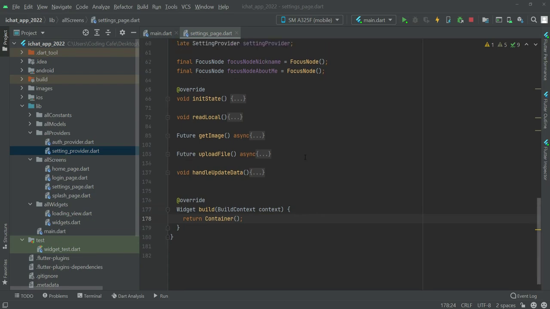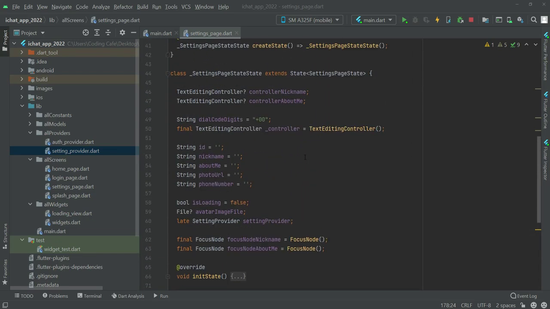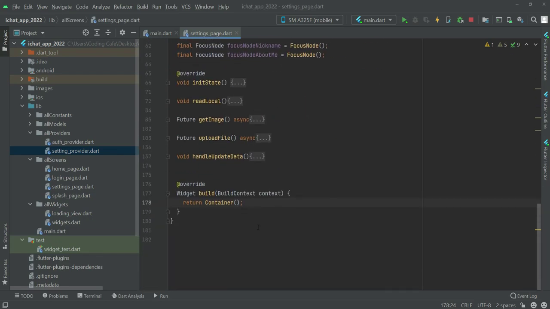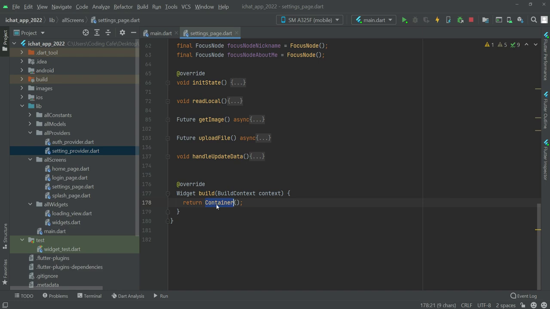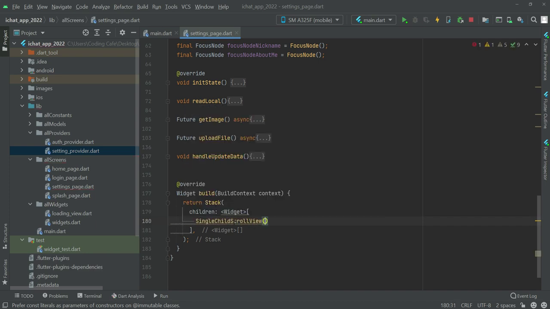Now we have the backend code, all of the function variables ready. Now let's just quickly design our settings page. So first of all, right here, instead of the container, let's return a stack. In here we will create a children widget, and inside this we will add a single child scroll view,